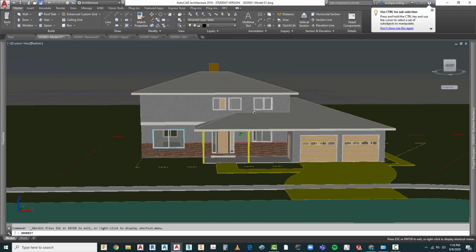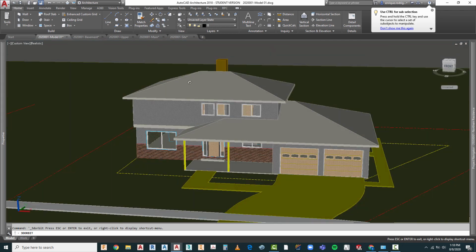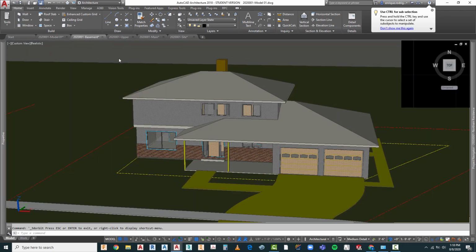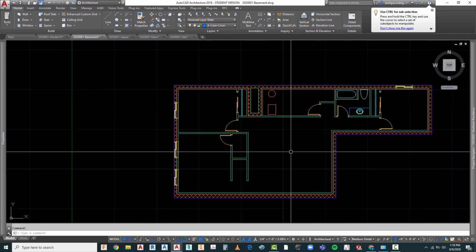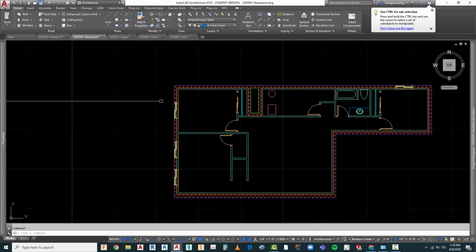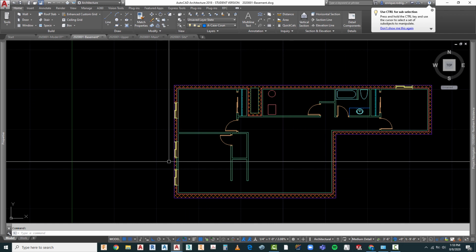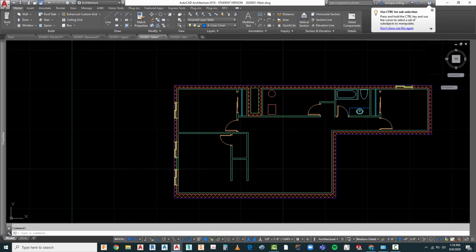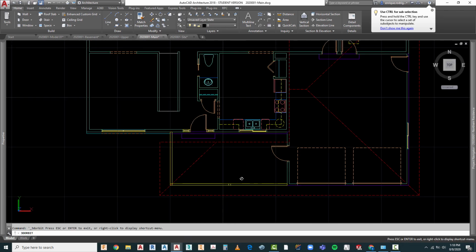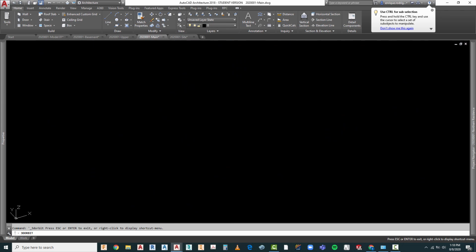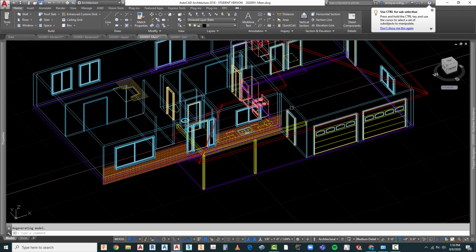Etc. So let's see what else we can do in this. Let's go ahead and go to the basement. And what we're going to do in here in fine-tuning this model is we're going to be adding our window wells to here. Let's look at our main level and see some of the things that we may be modifying in here. If we take a look at this in 3D, we may want to do a couple things with